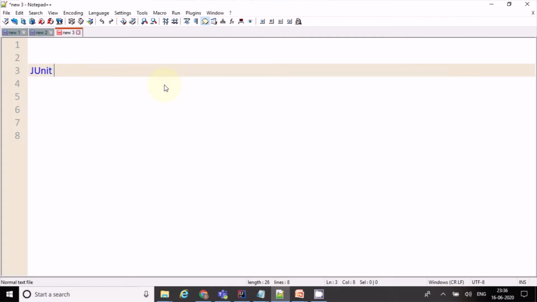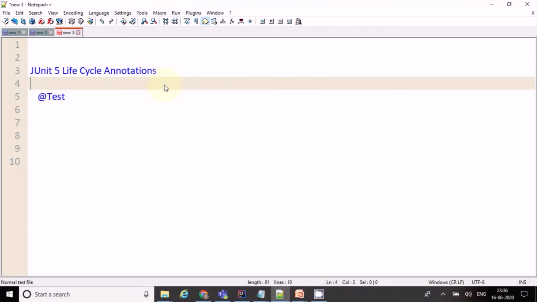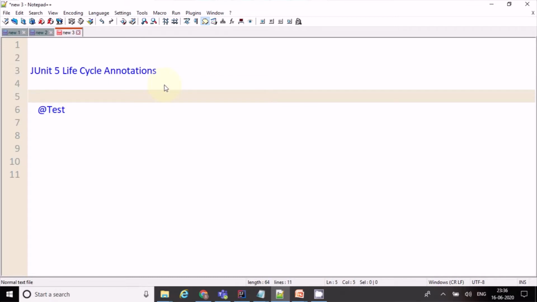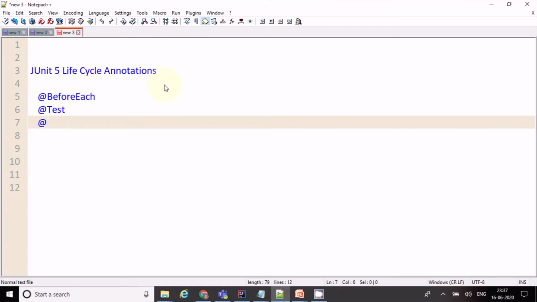JUnit 5 lifecycle annotations. What are the lifecycle annotations? Basically, to represent any test case, we have one annotation, the @Test annotation. Suppose we want to perform any activity before each test, then we have the before each annotation. And suppose we want to perform any operation after each test, we have